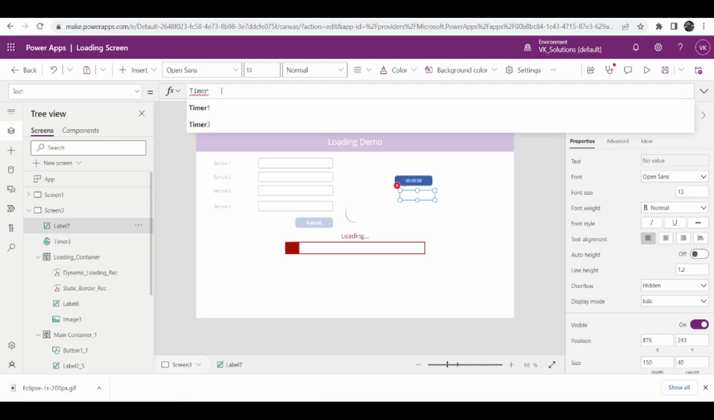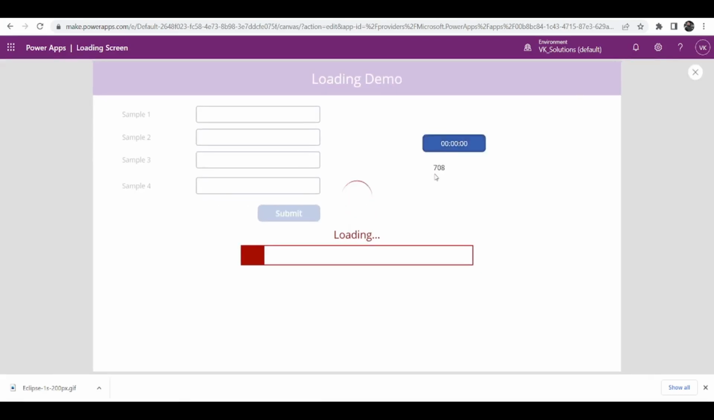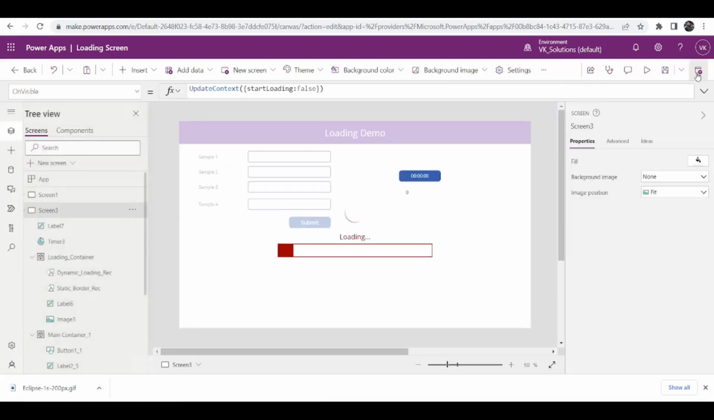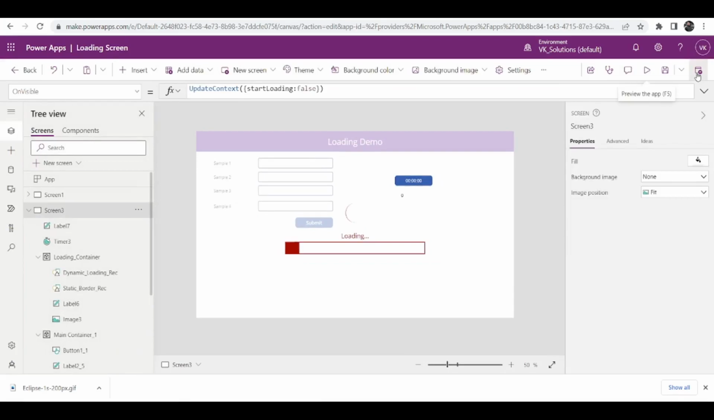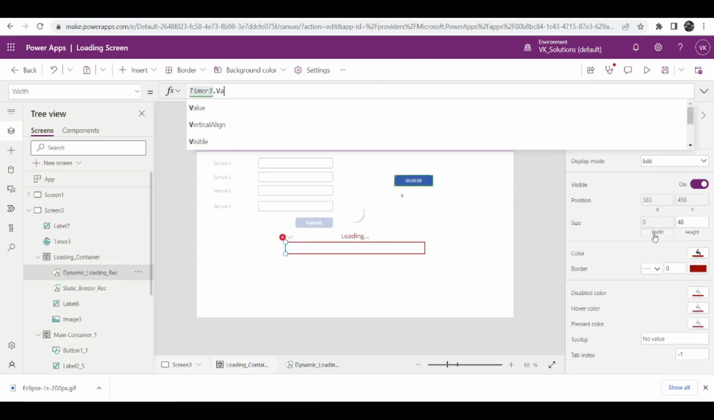If you just do something like this, timer 3 dot value, and if you play your app and click here, you can see this number is dynamically increasing, right? So we are going to use this thing only. Okay, so just select this, go to width, just say timer 3 dot value